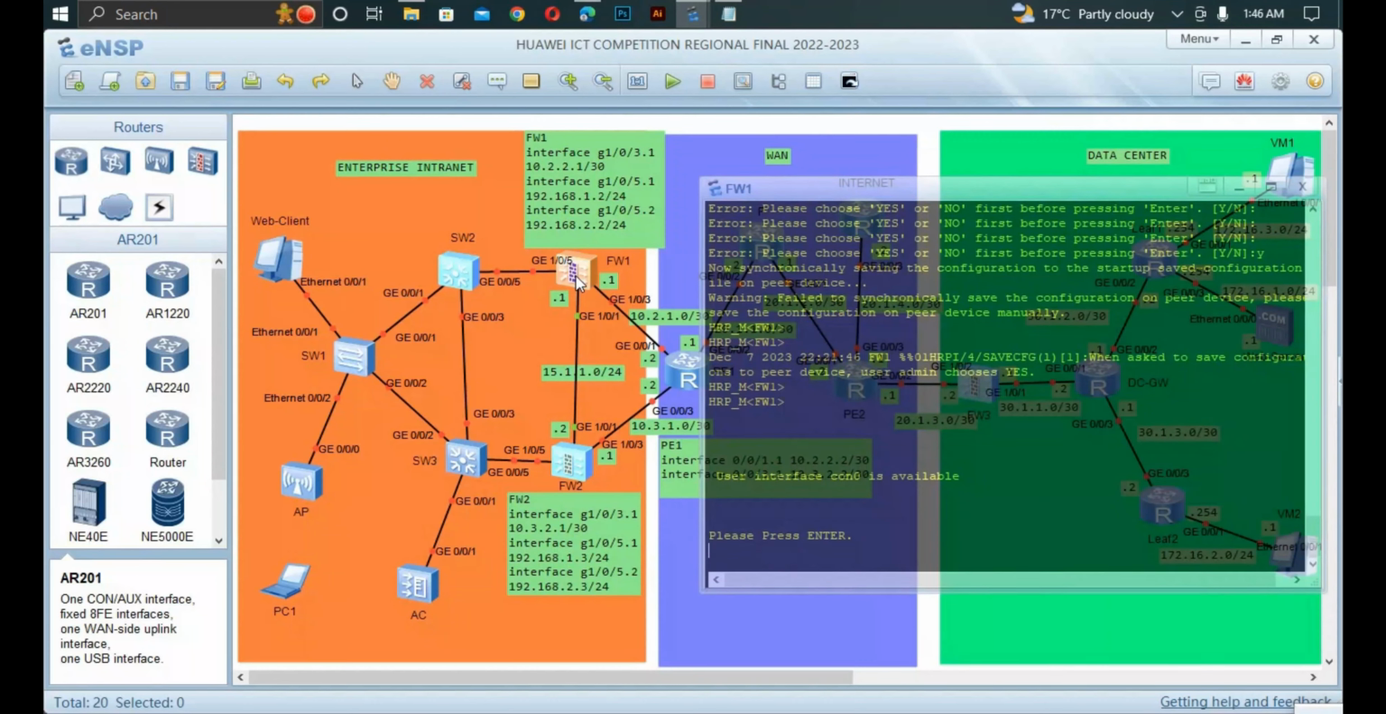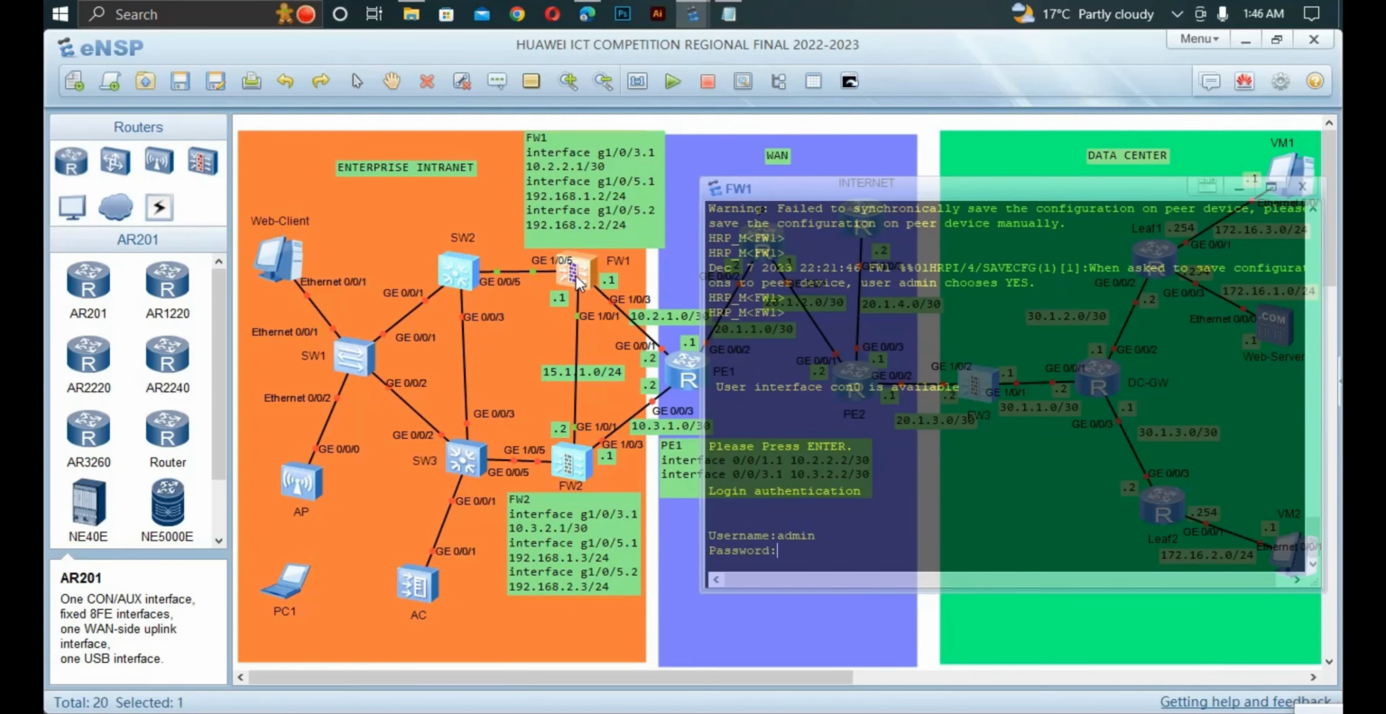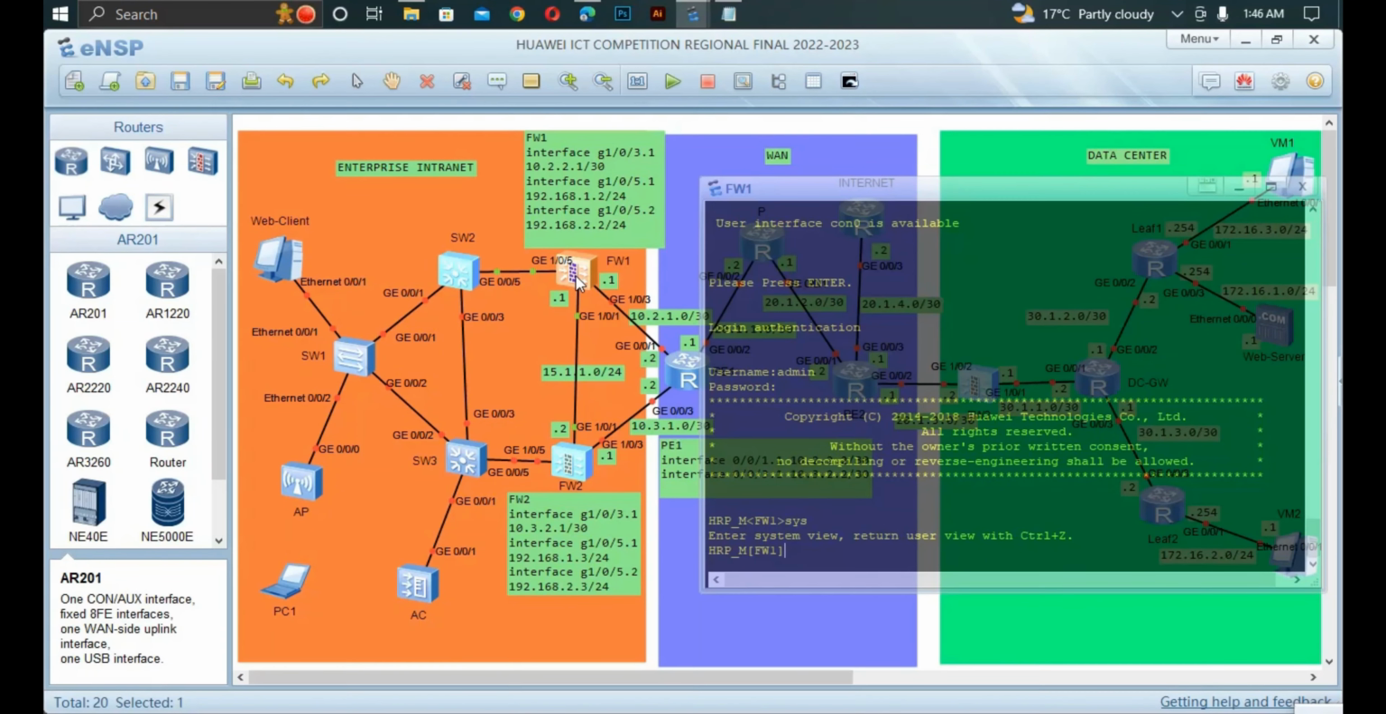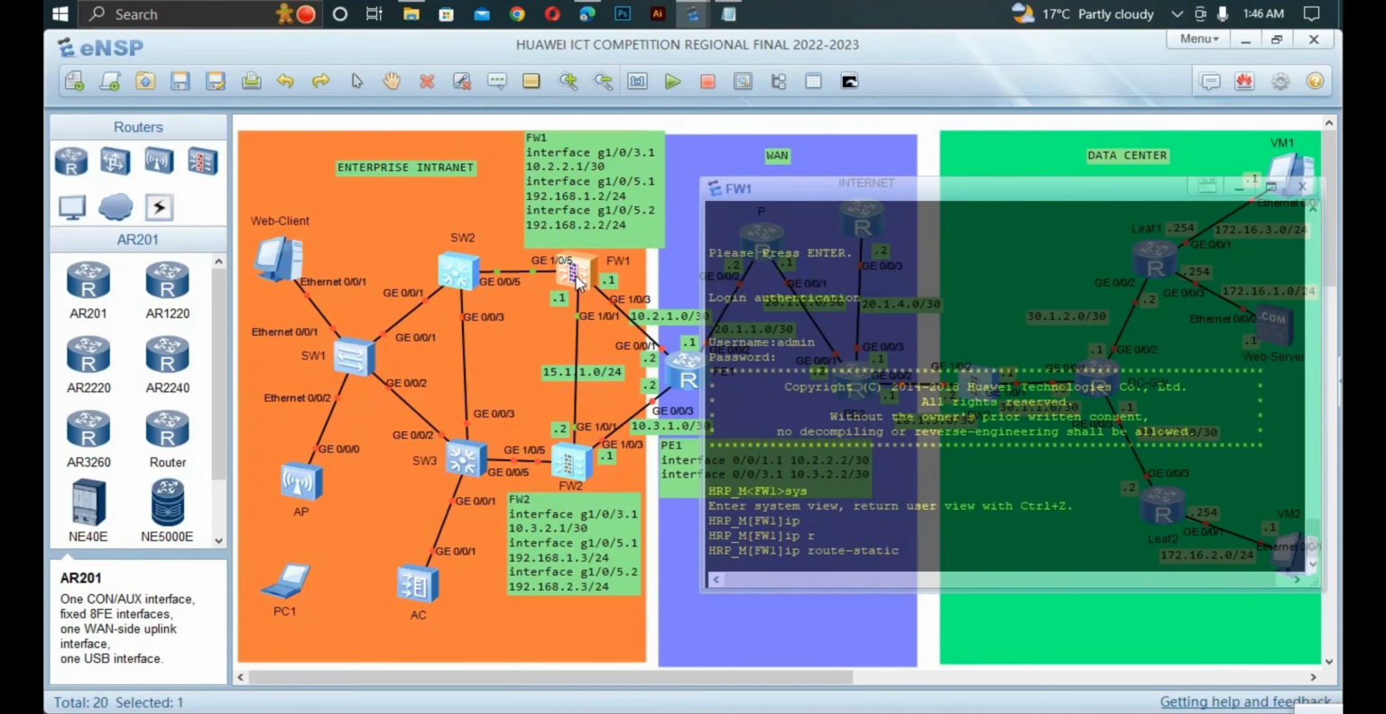So come to firewall 1, admin Huawei 123. We are going to start with the firewall 1 main interface. We are told to advertise the default route. So ip route-static, here the default route will be 0.0.0.0 with a mask of 0, because they said PE3 will receive the route with the main interface. So we are going to configure